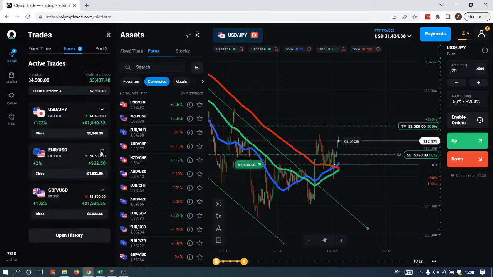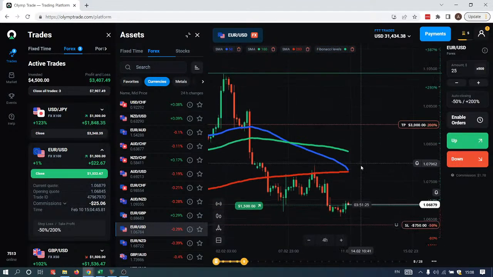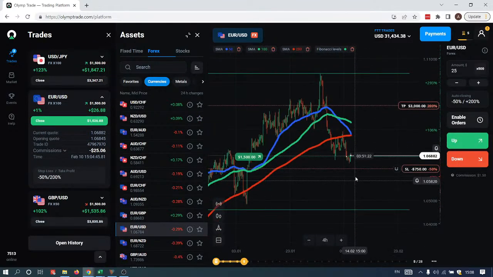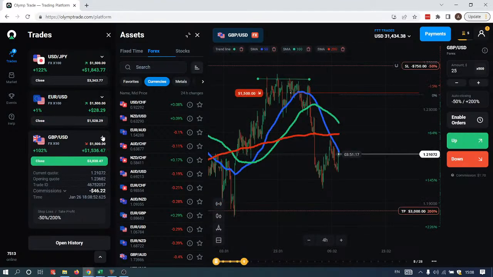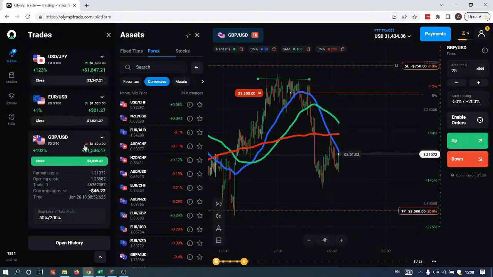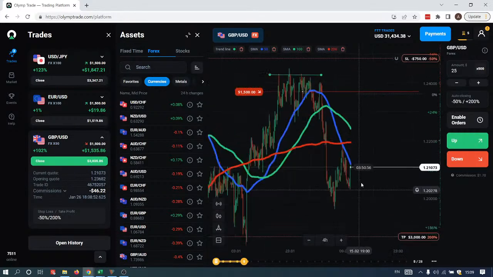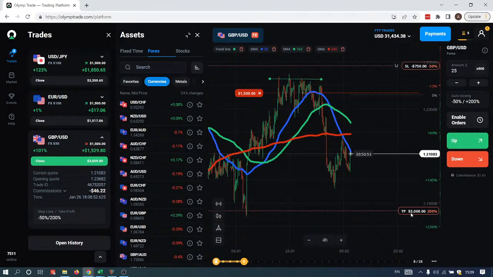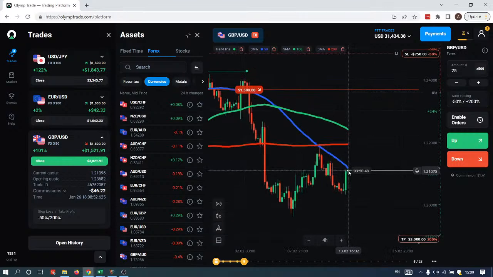So next is my trade here on the most popular asset in the world, which is the euro against the United States dollar. And last but not least, I have the pound, which I've been holding since January the 26th. You can also see my commissions. Commissions are not that big compared to my overall take profit here, or better to say my current P&L. I'm actually thinking that I put this take profit here maybe a little bit too optimistic, and I should actually close this trade somewhere around here.